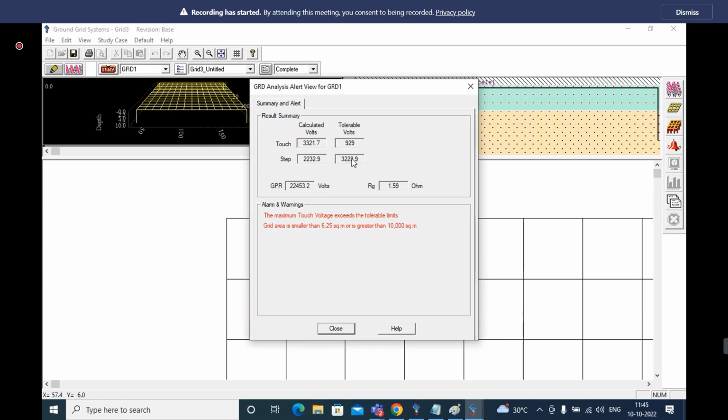Can you see here? Grid area is smaller than 6.25 square mm, greater than square.